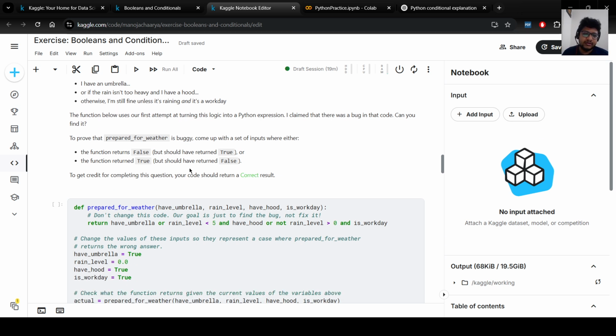To prove that prepared for weather is buggy, come up with a set of inputs where the function returns false, but